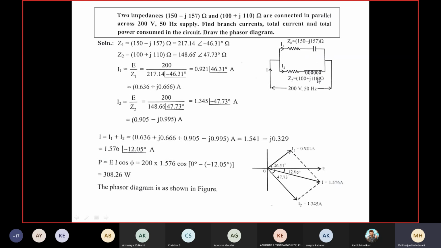Give the parameter for that. Okay. Then now look to the representation. When they are in parallel, the voltage across them must be same. Then you have 200 volt, 50 hertz applied to the ends of that. Branch 1, branch 2, if I call them, then applied voltage across them is 200 volt, 50 hertz.